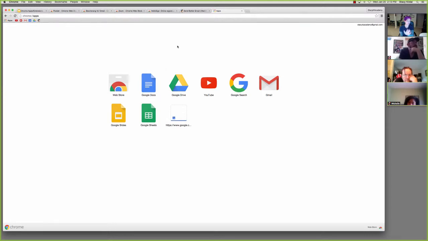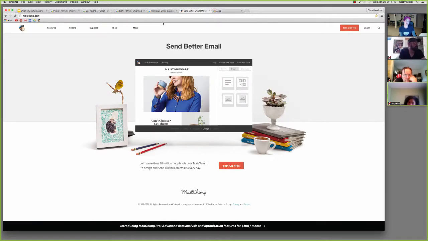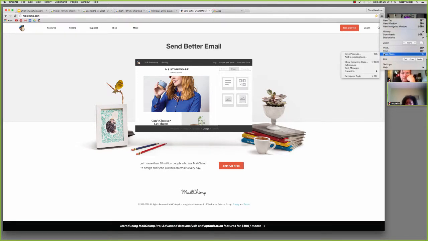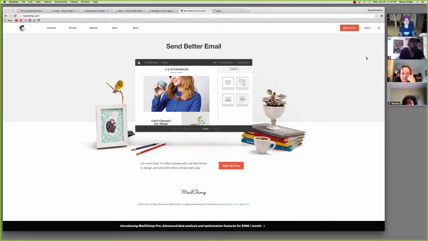Now watch what I'm going to do here. I want MailChimp to show up here, so anytime I open up a blank page, this is what will show up. So I say, hey, I want to add this. I'm going to go to my little hamburger button, and in here I'm going to click More Tools, and then what I want to do is Add to Applications. So on a Mac, it's going to put it on that apps page, and on a Windows computer, it adds